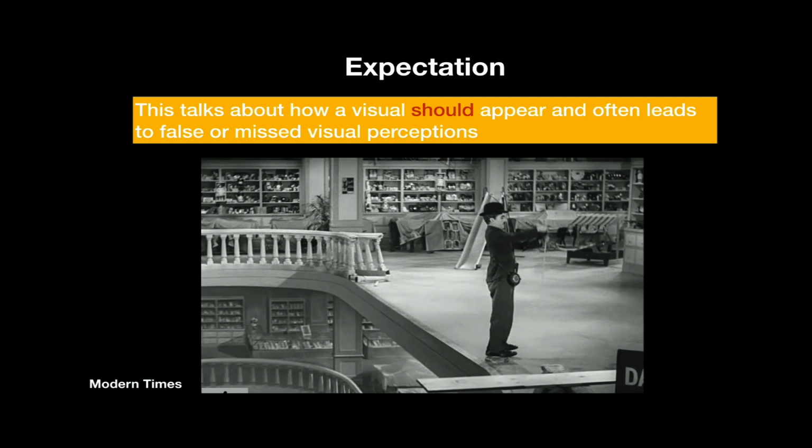The next one is expectation. This talks about how a visual should appear. Kind of similar to when we were talking about driving down the freeway. You expect, right? You expect the road to keep going straight. You don't expect an abrupt turn. Like you're driving straight and you expect it to continue to be straight. If you're going to make a turn, it's going to be a very slow turn, hopefully. So we're expecting something a certain way, and visually we expect that, and then it maps onto our mind. This is going to be a long turn, right?